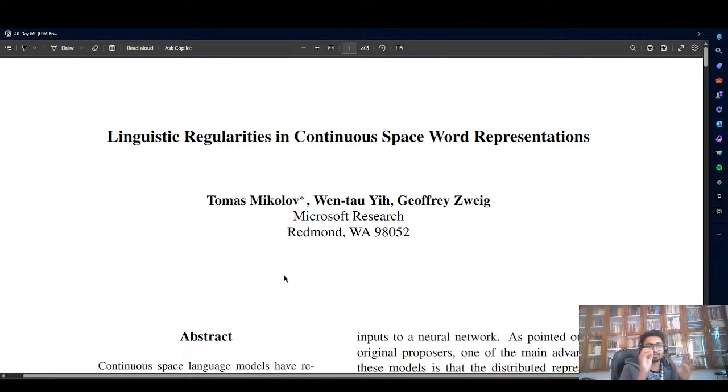So the most important idea in this paper is vector offsets. What it really means is, take this very popular example in deep learning and NLP: let's say you have a vector for king, a vector for queen, a vector for man, and a vector for woman. Okay, if I say vector of king minus vector of man plus vector of woman,